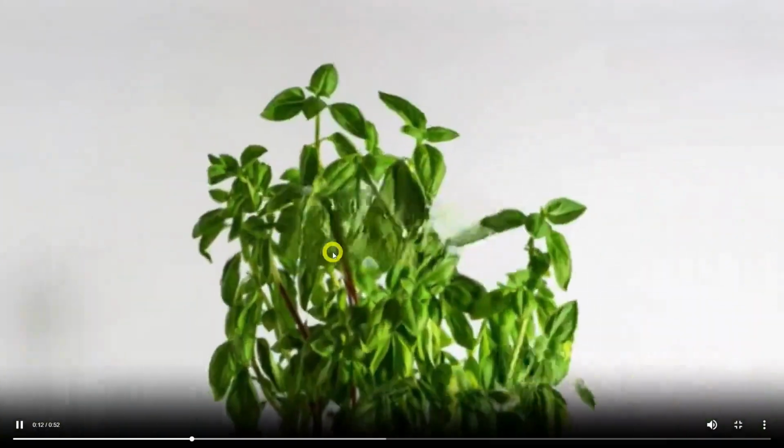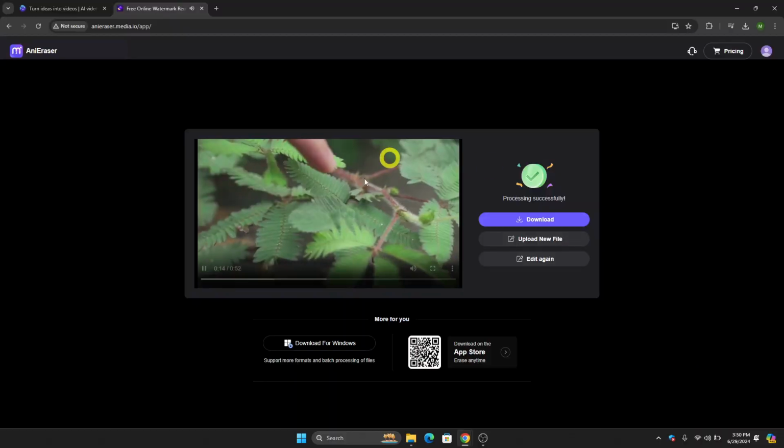As you can see right there, we don't have any watermarks anymore. So we've basically used Invideo AI without watermark. So that is basically it for this